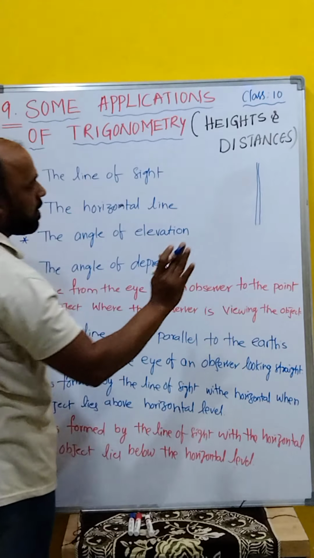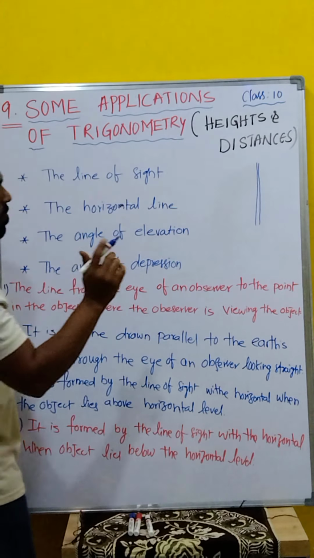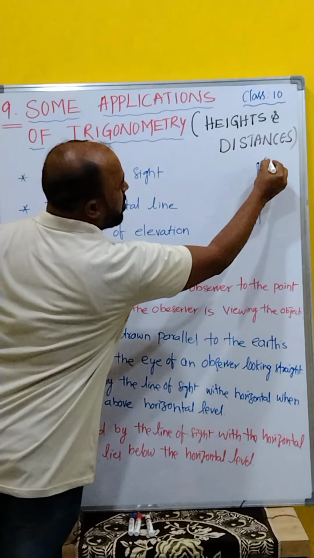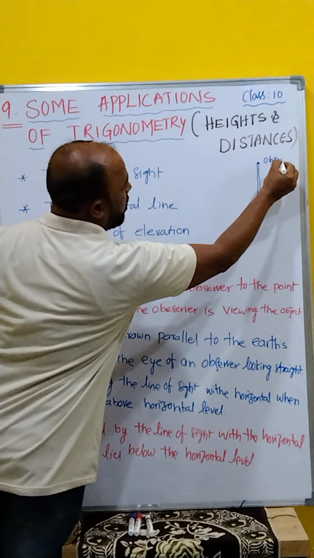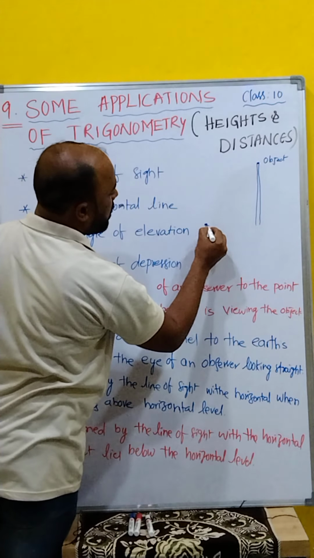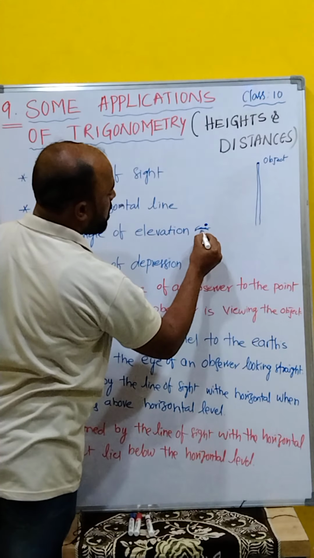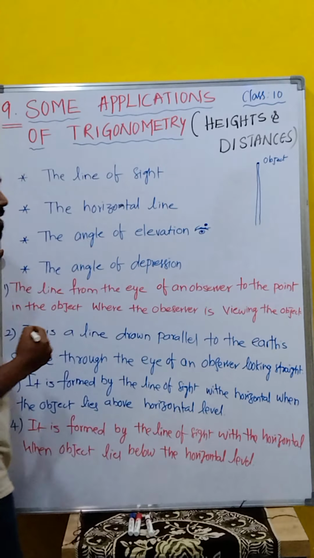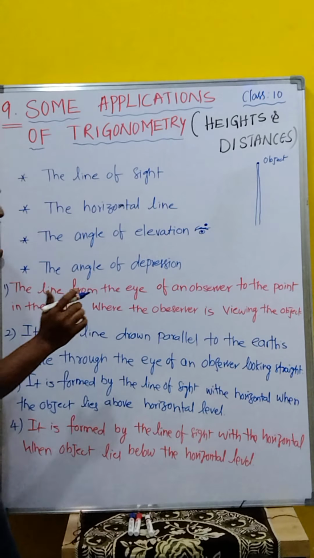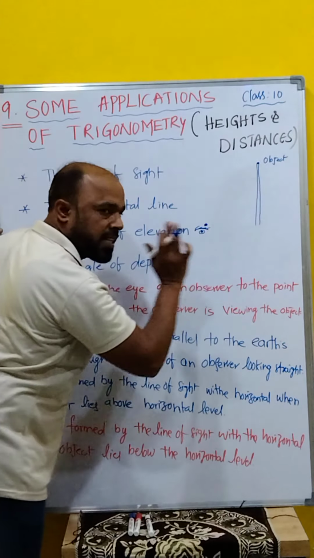Suppose this is the building or pole or tree. Okay? Just assume it. Here, the object or top of the building, whatever it is. Then here is the observer. The eye is here. Observer's eye. Yes, we know the line of sight. First, draw that one, the eye. I am observing this object exactly.